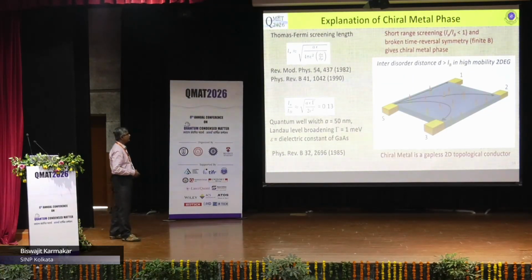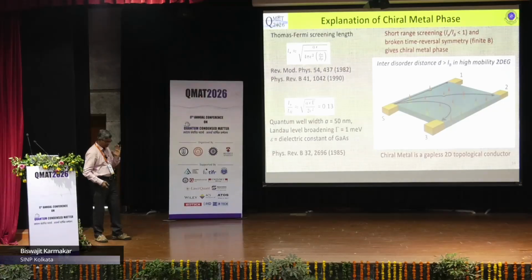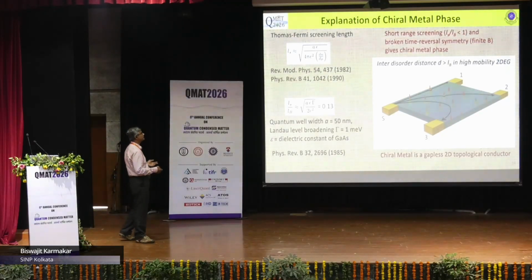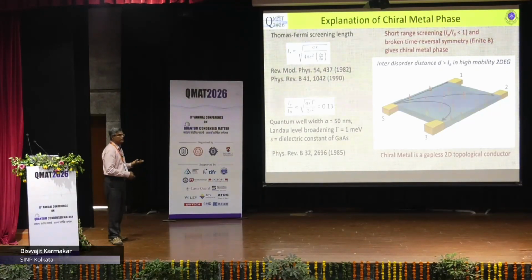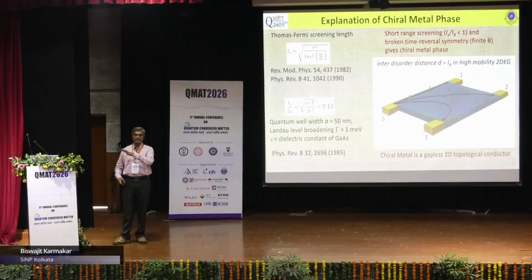So, what does it mean? Since it is a short range screening, basically in the system there is disorder. We see there is a wide quantum Hall plateau, so that means there is a disorder, Fermi energy is pinned in the disorder in the quantum Hall plateaus. But